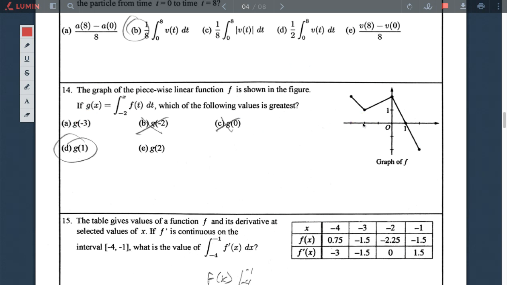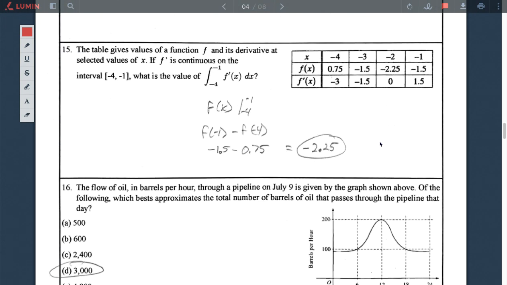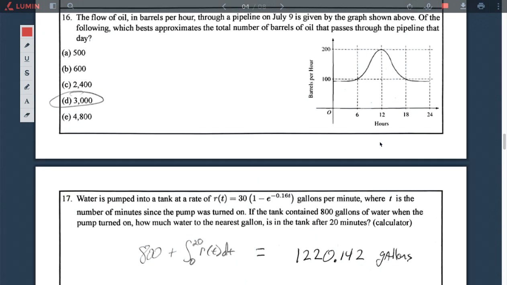And since I'm starting at -2 and then I go backwards, that means this area is actually going to end up being negative, and I go backwards. So that means my biggest answer is going to come from 1. Now, you can take the time and figure up all that area and then compare them, but it's much quicker just to compare the areas to figure out which one's bigger and which one's smaller, because we got to the answer real quick there instead of actually finding the area. All right, we did 15, we did 16,